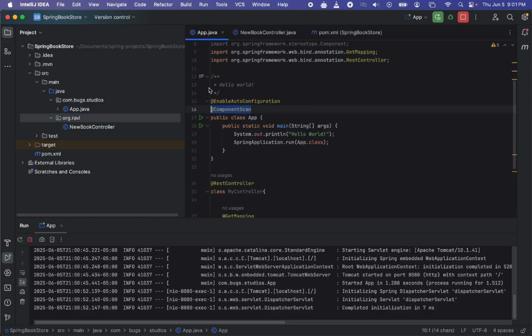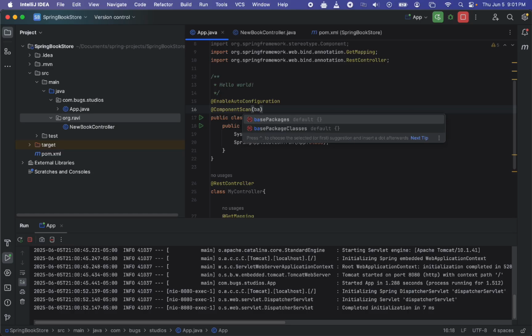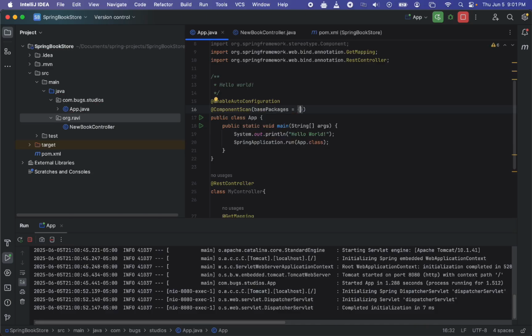Now to enable this component scan to be able to scan across all the packages, we'll have to specifically specify what packages it should look into. So we do that by adding base packages, and if we want to specify multiple packages, we have to use curly braces. And so we'll specify what packages we want the component scan to run in. So the first package that we want is com.bugs.studios. That is the current package, and another package that I want the component scan to look into is also the org.ruby. Now when I rerun the app